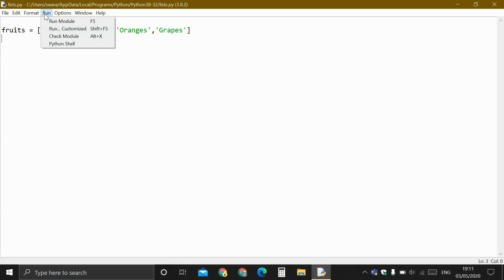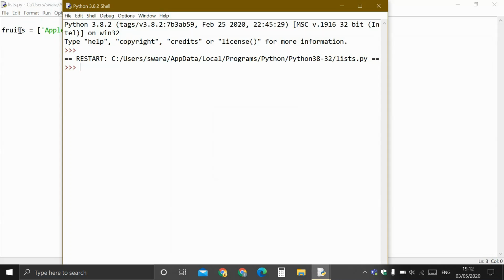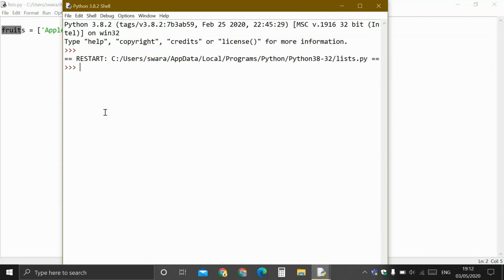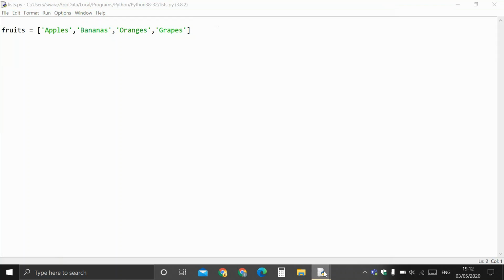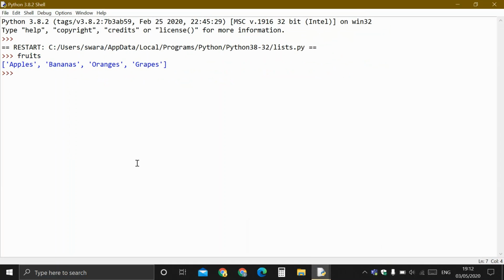So I'm just going to run this, and when you run this, right now the only thing that you did is you have this variable called fruits. So if you're wondering how I can reference fruits in here, it's just because when I ran it, this variable is stored in this particular shell window. So right now I'm going to be throwing a lot of functions at you. The first one I'm going to show you is fruits dot append, and